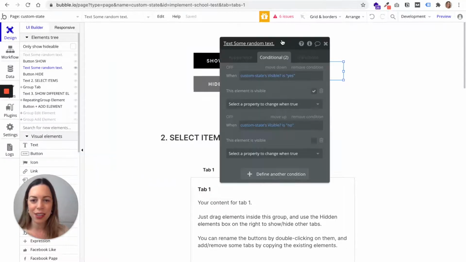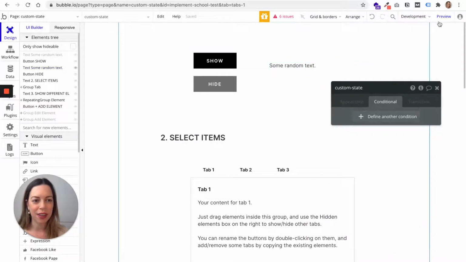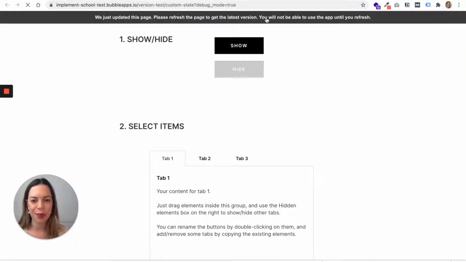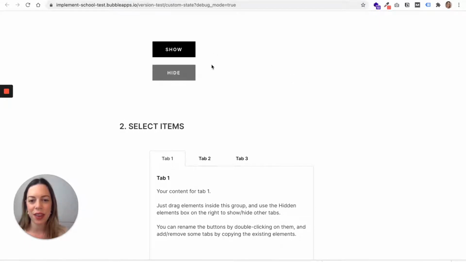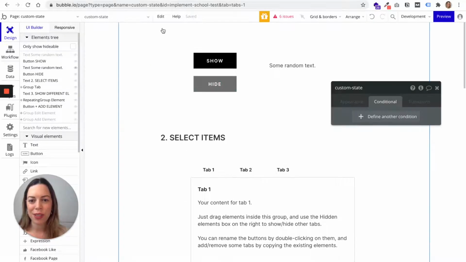So let's see if it worked, and let's click on preview. Okay, so you can see that the text doesn't appear when the page is loading, but it appears when I click on show, and it disappears when I click on hide. So that was a very simple example with custom states, and now we are going to move to a second example,